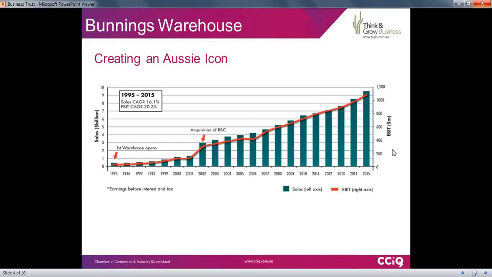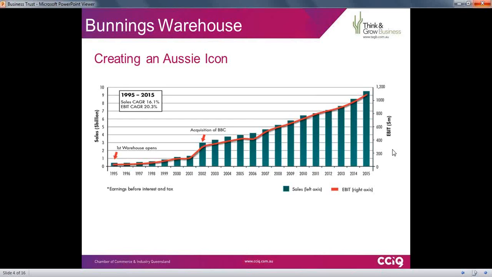Now we know Bunnings was sausage sizzles. Bunnings has sort of become the word that we use now instead of hardware store. And on a weekend, some of our favourite activities are all about the 3 Bs, you know, beach, Bunnings and barbecues. But you can see that they've got a huge track record of success that just sits staring at us right now. They've got this consistency that most businesses can only yearn for.